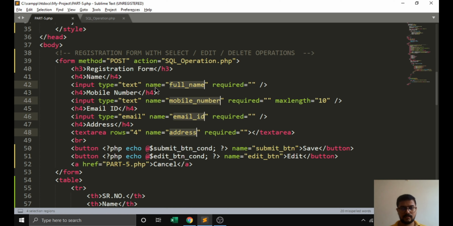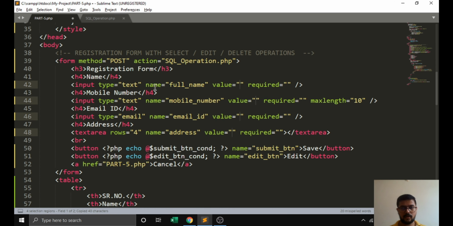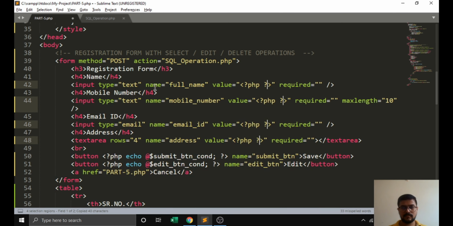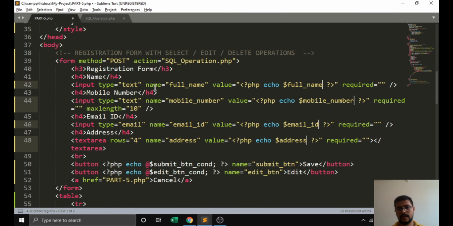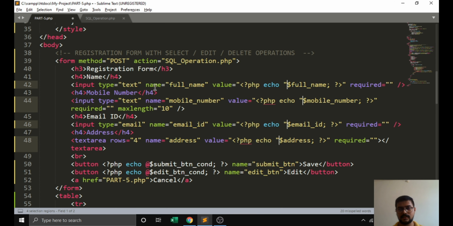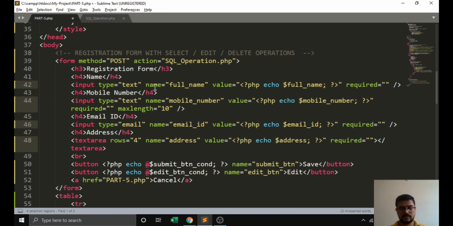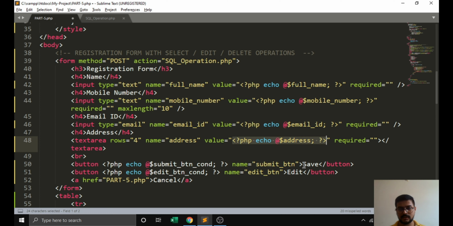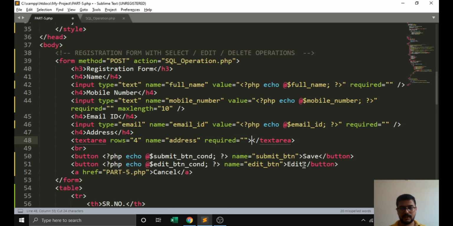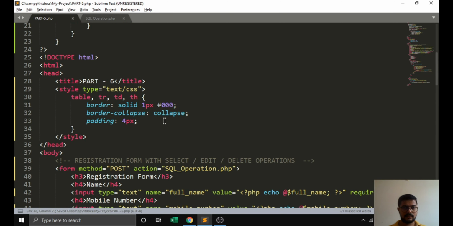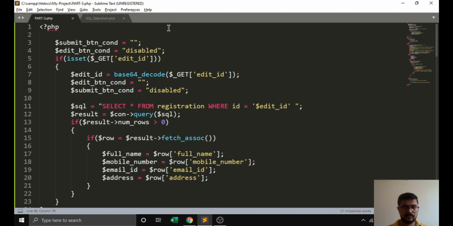We are sending the value property and printing this data, giving it over here with the at-the-rate symbol. For only the text area we don't insert it like this, we need to add it between the text. Our code is ready.